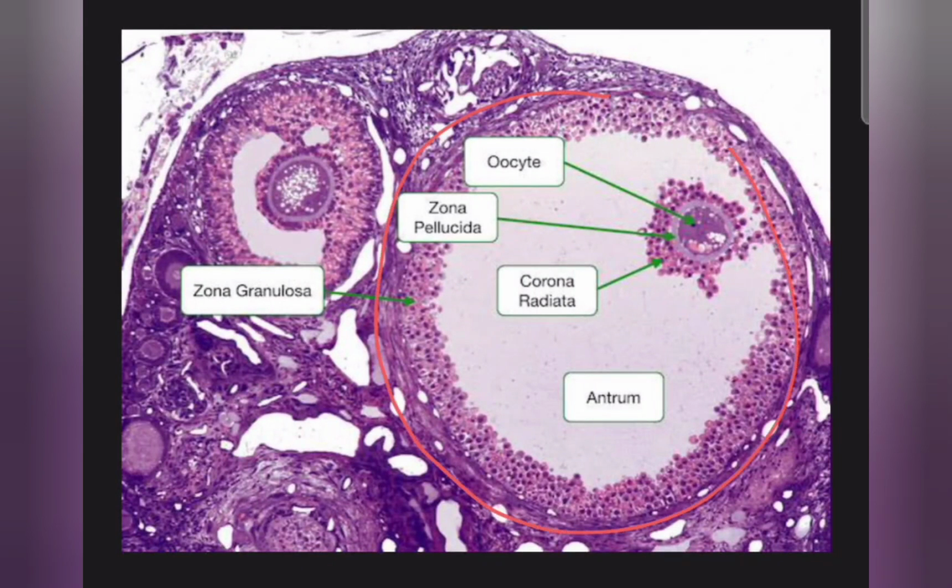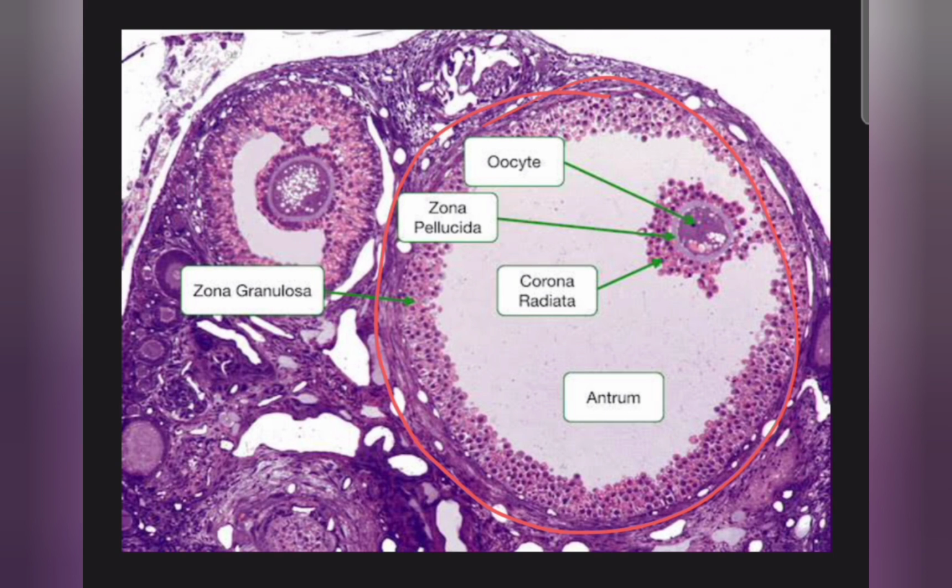This whole thing is known as the Graafian follicle. It is the matured follicle in the ovary, and they are formed from the primordial follicle under the influence of FSH, which is the follicle stimulating hormone that is secreted from the anterior pituitary gland. Okay, now this Graafian follicle has two layers. The outermost layer of this Graafian follicle is known as theca externa, okay, and the innermost layer is known as theca interna. Okay, so these are all about the Graafian follicle and its two layers.